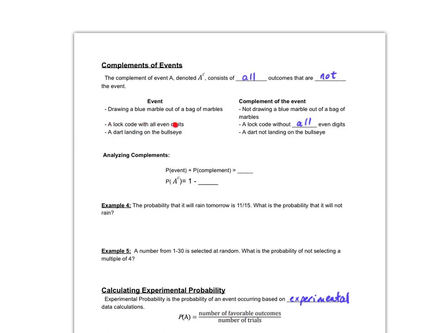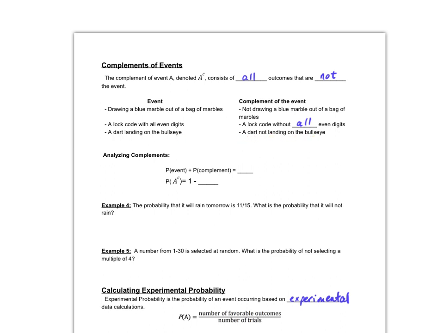A lock with all even digits, well, the complement to that would be a lock code without all even digits. It could have some even digits in there, just not all of them being even. And then a dart landing in the bullseye on a dartboard, the complement would be the dart not landing in